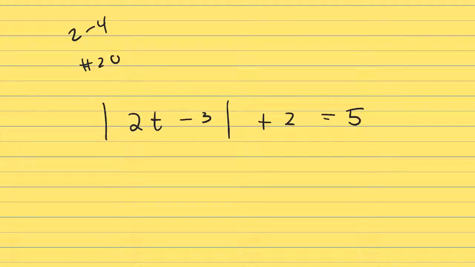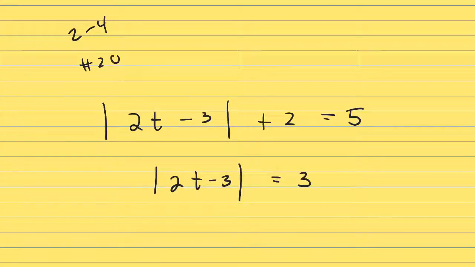So the same thing over here. What if you have a coefficient in front, right? If you have a coefficient in front, how do you get rid of it? You get rid of it by division. How do you get rid of something that's adding? You subtract it. So just like in class, we got the absolute value by itself, or we started with the absolute value by itself, and then we split it into 2 possible answers. Let's move the 2 over and then take the same approach that we would take. Okay, so moving the 2 over leaves me with 2t minus 3 in the absolute value